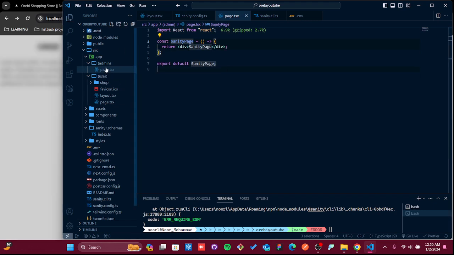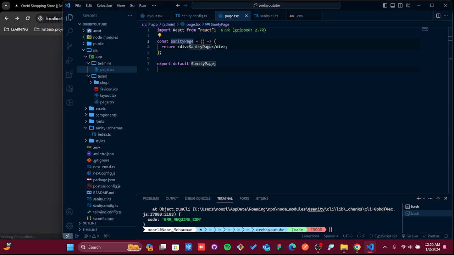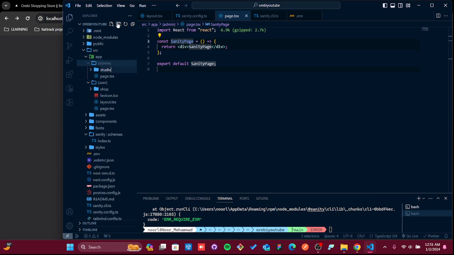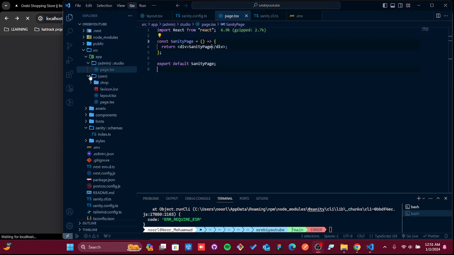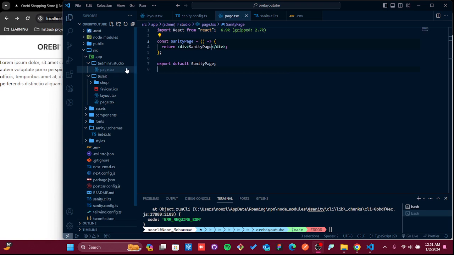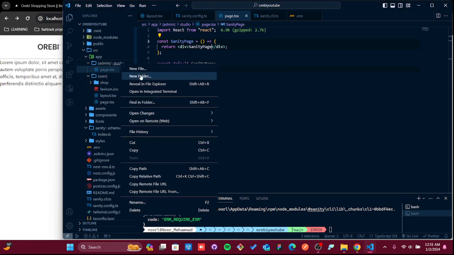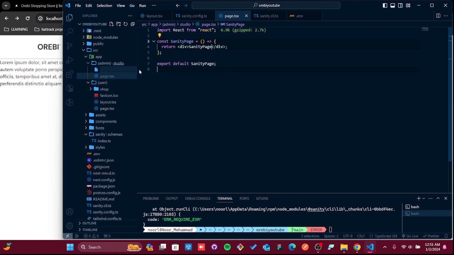Okay, so inside that Sanity page, we have to do all the other things which will actually make things work. So now in the admin, I'm gonna create one folder, the studio folder. Inside that folder, we need to declare that page, right? Because the folder is the route in Next.js, so we need to keep that one inside that folder. So now we have our studio route, and also I'm gonna take one more file here, which I'm gonna give